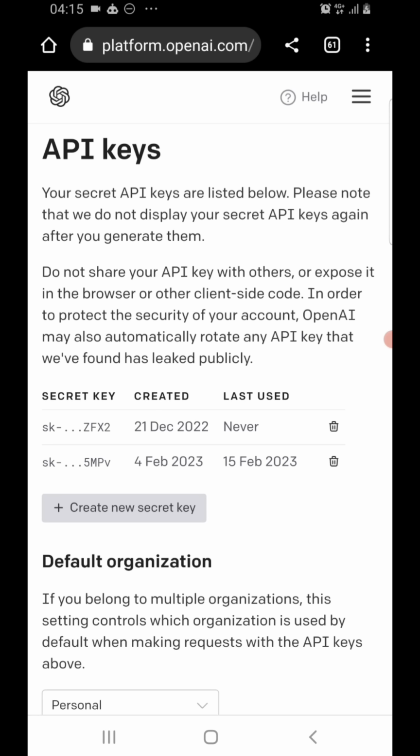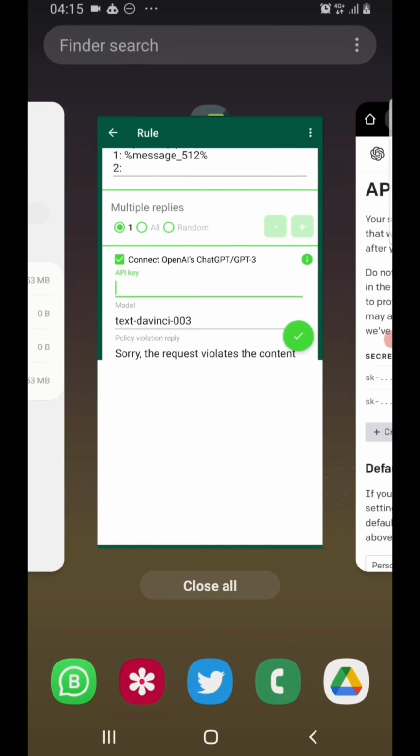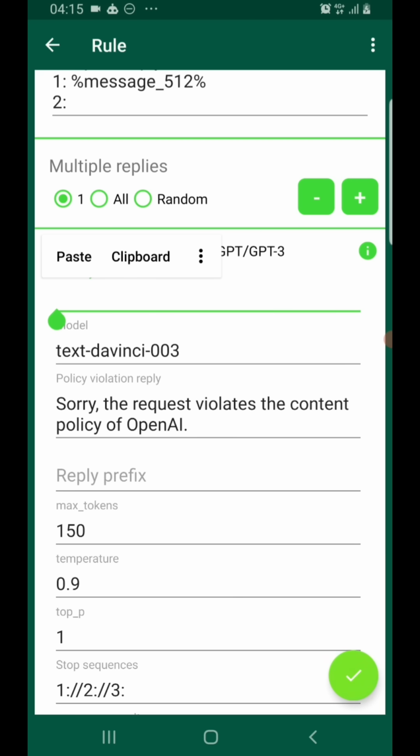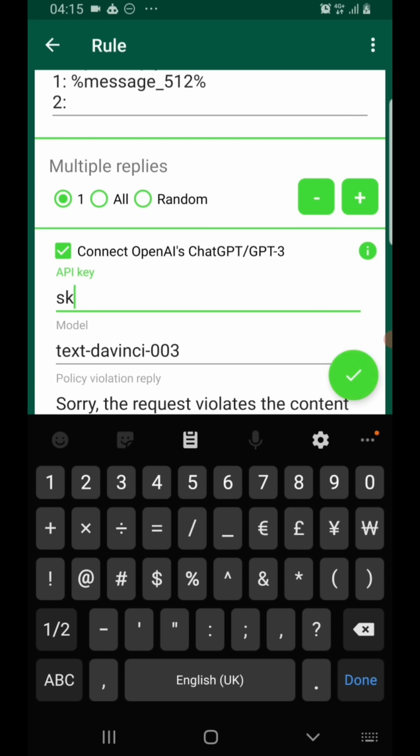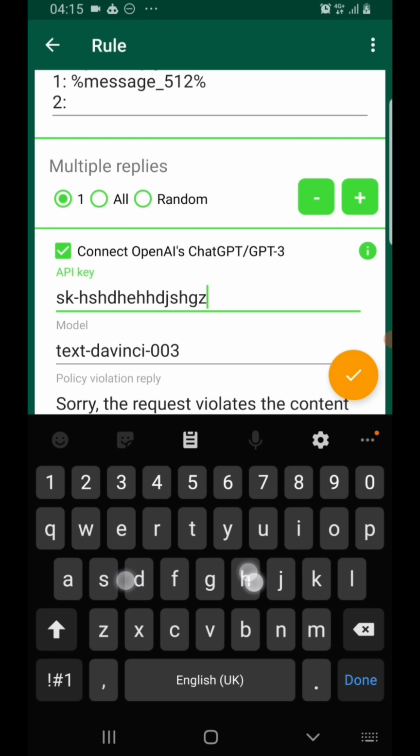Very important. So mine is already safe, and I don't want you guys to see mine. That is why I'm not going to show you. But then this is how the API key usually looks. Let's go back to Autoresponder. Let's assume we have copied it. And if we come here, here is where we are going to paste it, right? The API key usually starts with SK and then a dash, then blah, blah, blah, and so many other characters, right? It's just like this. So this is how the API key looks.